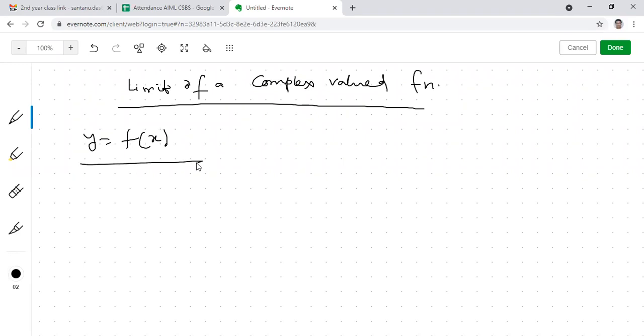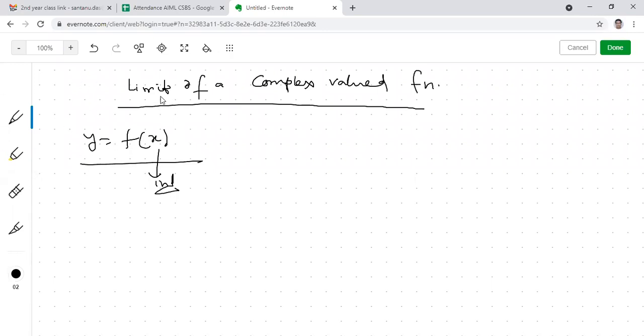This is a function of one real variable, which represents a curve geometrically. Here the independent variable is x. Since there is only one independent variable, we say that this is a function of one real variable. In class 11, you have studied how to evaluate the limit of a function of one real variable. Now my question is, what is the significance of finding or evaluating the limit?